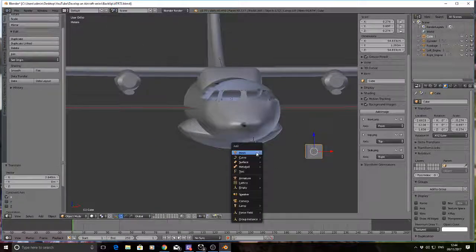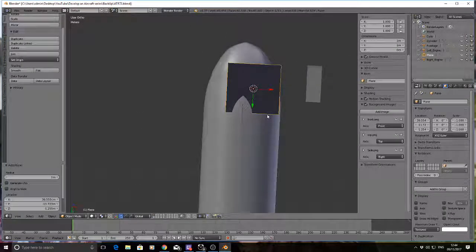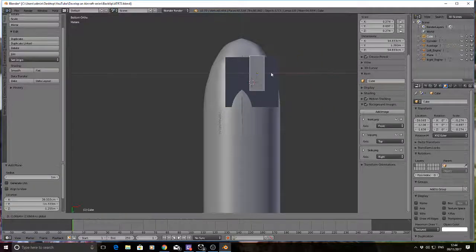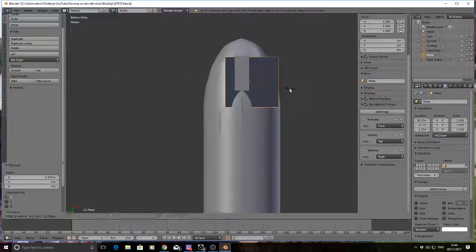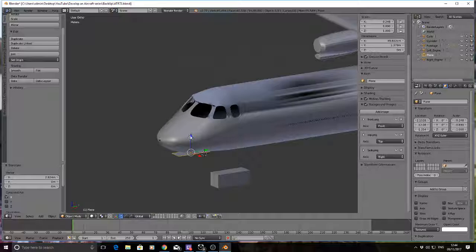Move the box out of the way, do Shift A, and we'll do a plane this time. And we'll move our box back in, use that as my guide. So S and X, and we'll bring that down to about there. Put that in the middle, move it up to the middle. It's S and Y. So it near enough matches. That is a nice fit. S and X, and bring them both in to there. Move my box out the way, and we're going to move this plane out the way,